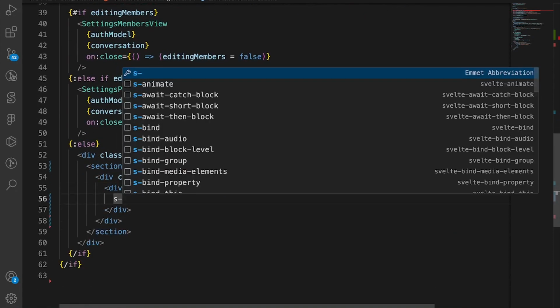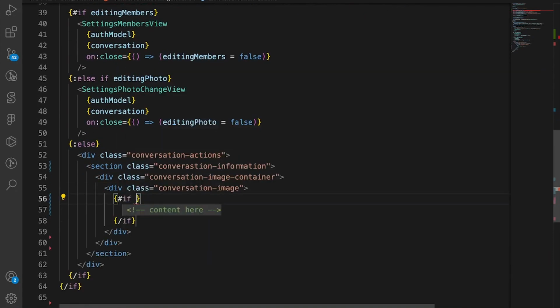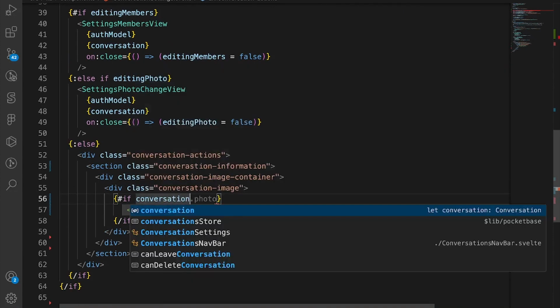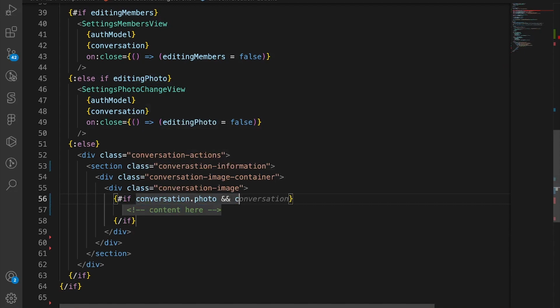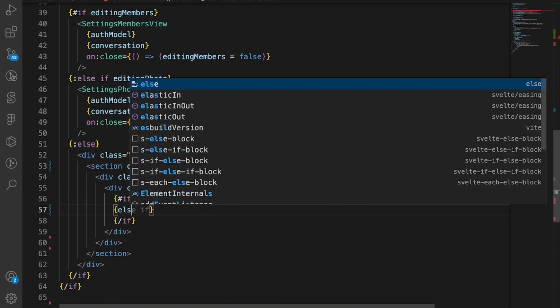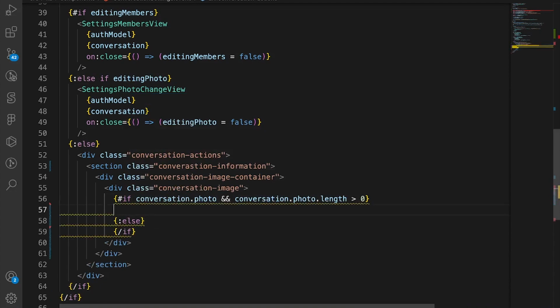So in here we create an if block saying conversation.photo and conversation.photo.length is greater than 0. And then let's create the else block. So if we do have the photo,